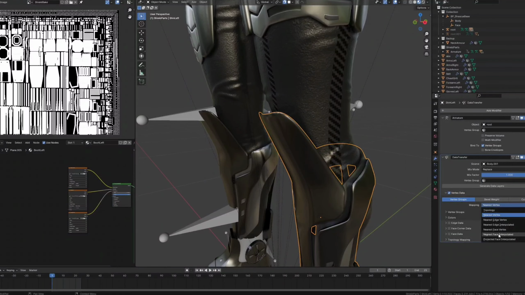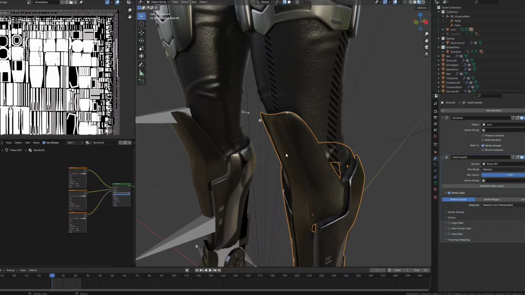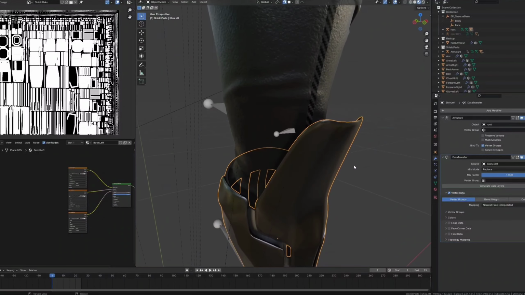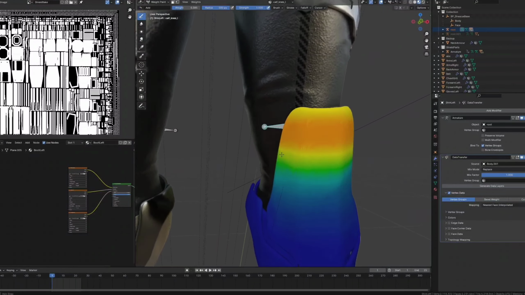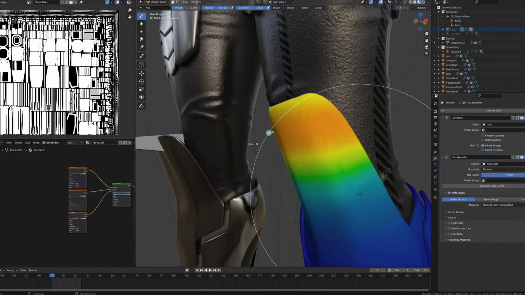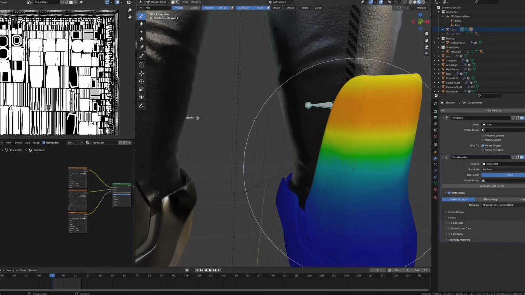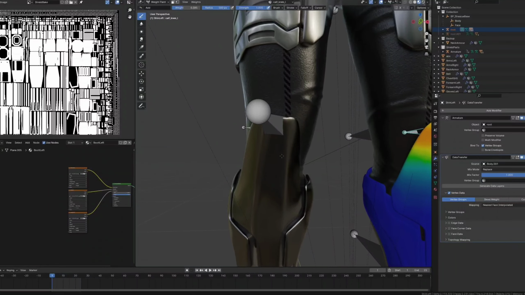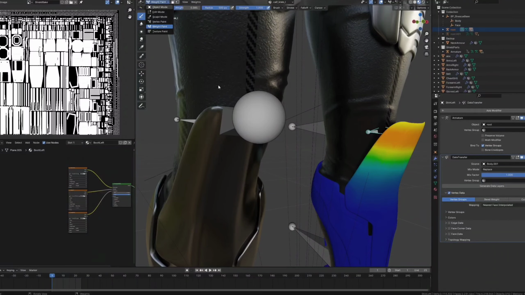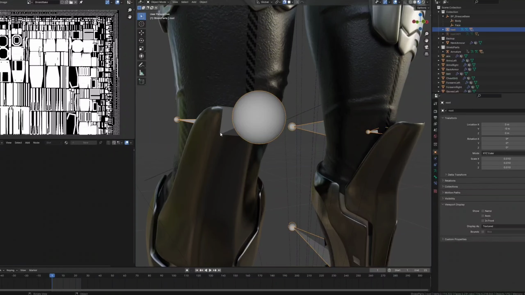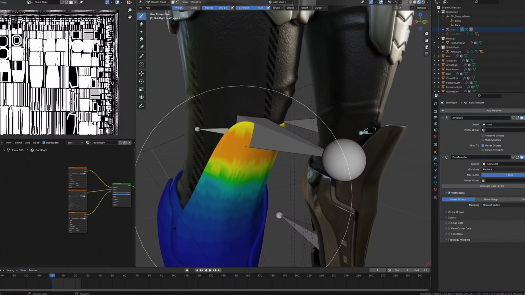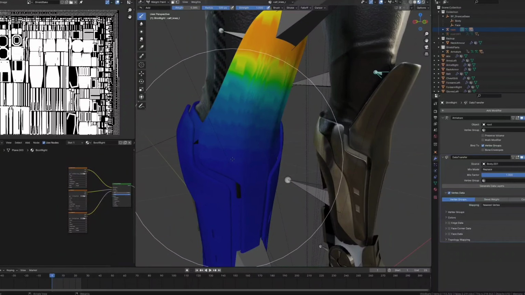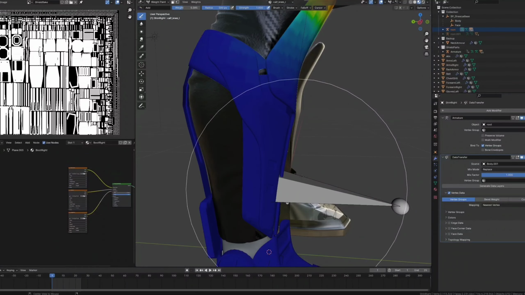What this does is that when you transfer data with this setting and generate data layers, what you will get now is much smoother weight painting data, and I'll show you how. So now if you look at it, the weight paint has been transferred and it is significantly smoother. Compare this to the other transfer of the weight paint, and I'll show you that one as well. You can see that there is a massive difference between the data transfer in terms of weight of that knee and this knee. This knee is extremely jagged, and it's going to be extremely jagged in almost every